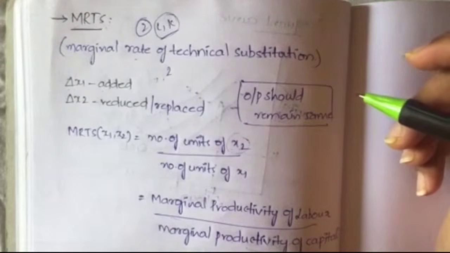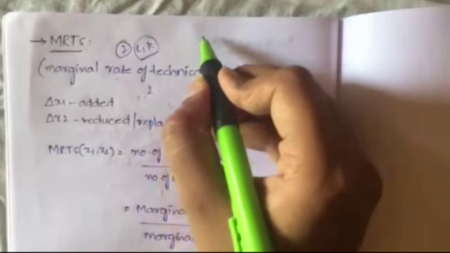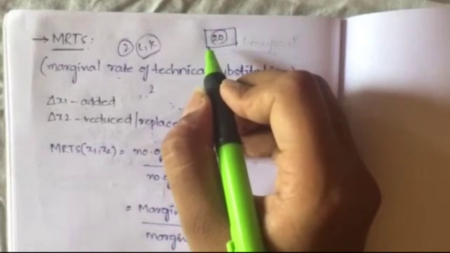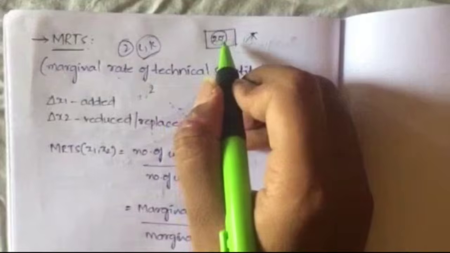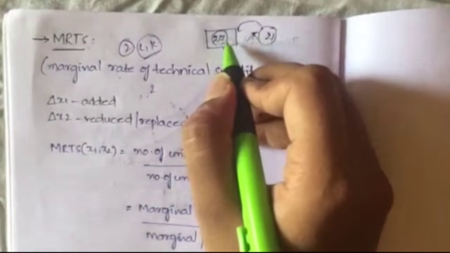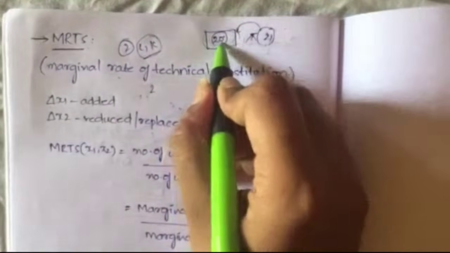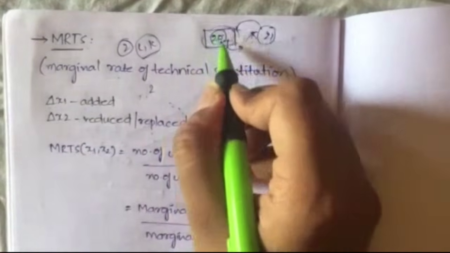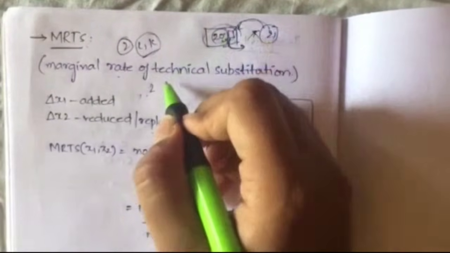First, let me tell you a small example with which you can understand this concept more clearly. Assume that you have a class and this class can exactly accommodate 20 students, not even one person more than 20. If a 21st person wants to enter the class, then someone who is already in the class has to sacrifice their seat. That means someone already sitting has to leave, and the vacant seat will be occupied by this person.